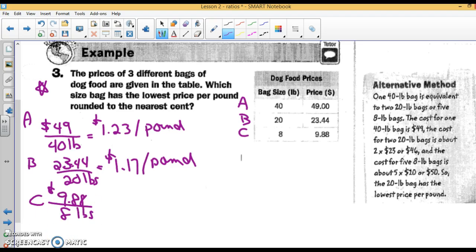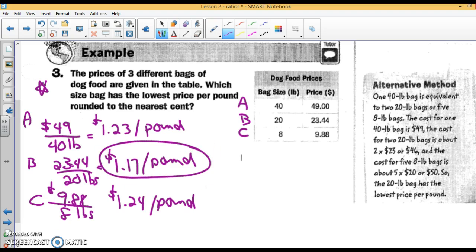Divide that. 9.88 divided by 8 is $1.24 per pound. Now, there's multiple ways I could say this, but which one is the better buy? It would be brand B, because it is the cheapest per pound. Best buy or